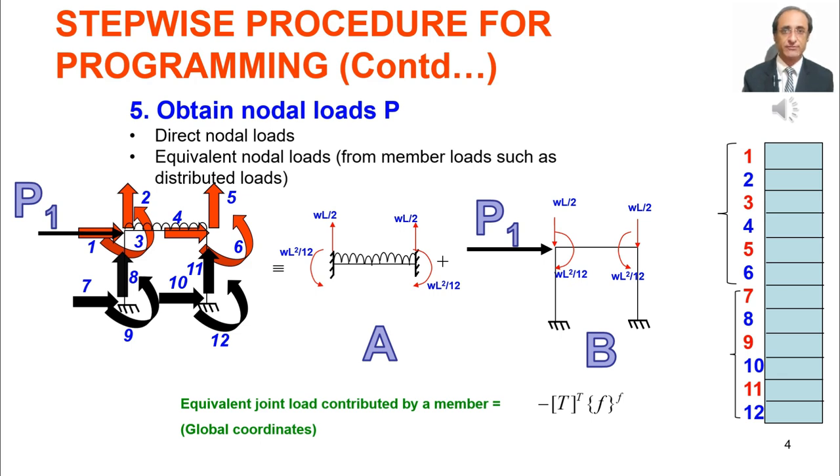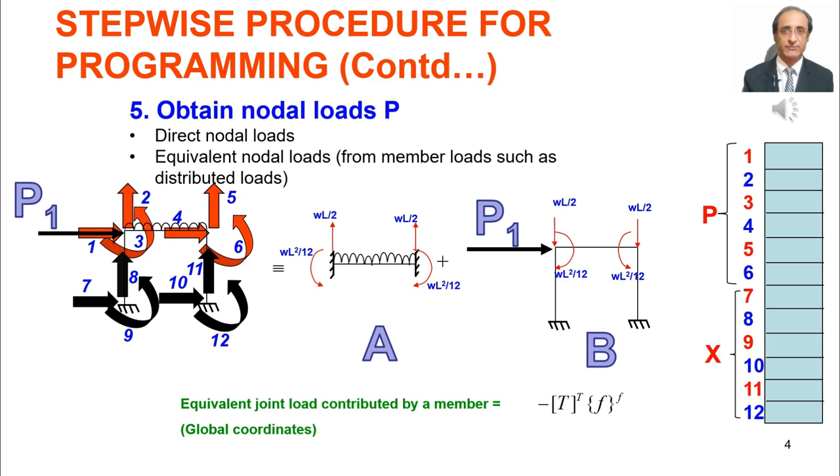So our force vector will be 12 by 1, and we can do its partitioning because now we have the information that degrees of freedom 1 to 6 are associated with external forces, and 7 to 12 are associated with reactions, which are unknown. So essentially we'll analyze structure B using the direct stiffness approach,